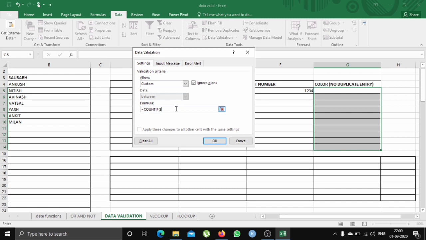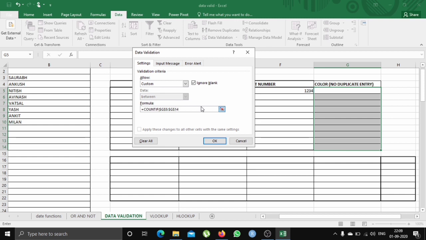For the COUNTIF function we have to select the whole table and make sure it is constant, and to make it constant we use $. So we have made that constant.